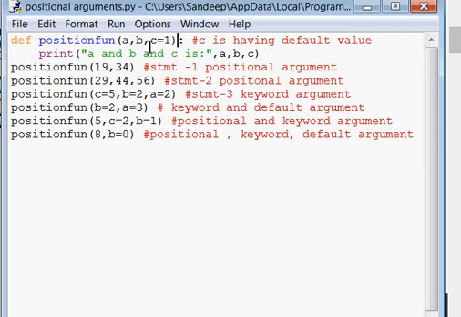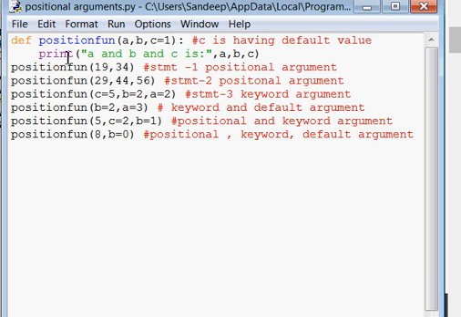For understanding this topic, you should understand our previous topic, default arguments or default parameters. That was also related with functions, and I cleared it in our previous lesson. So I am assuming that you have the knowledge of default parameters.